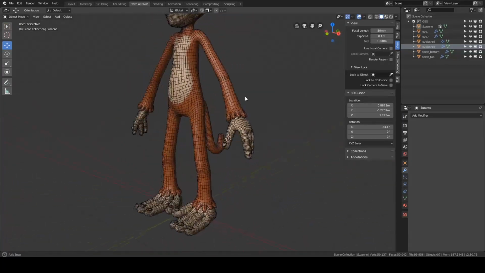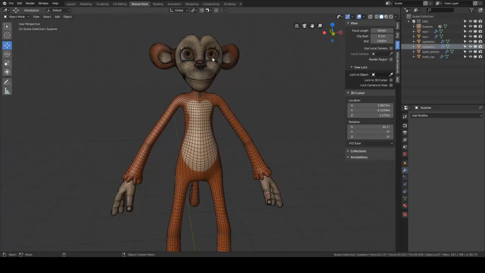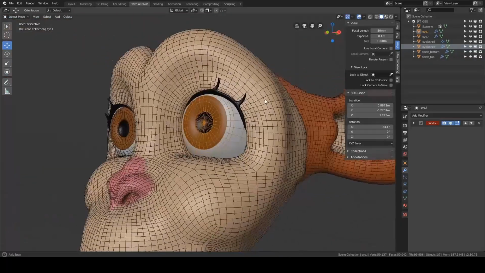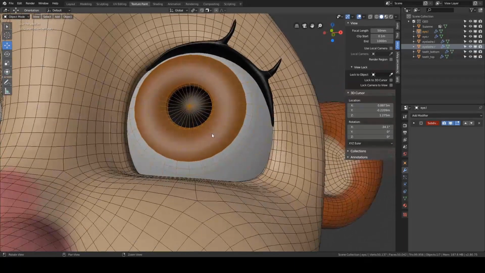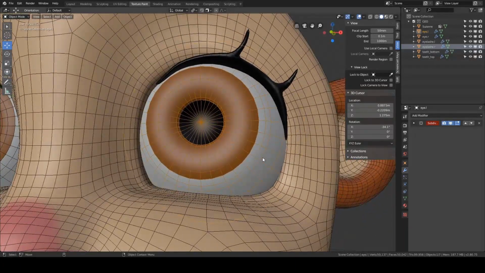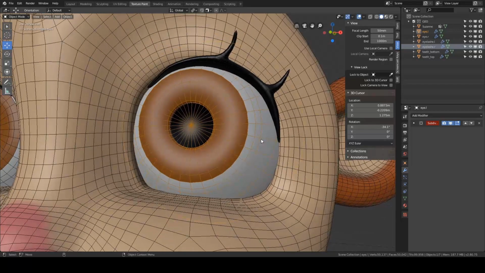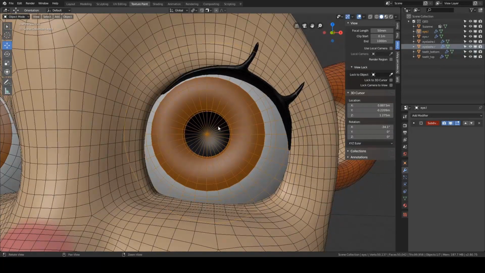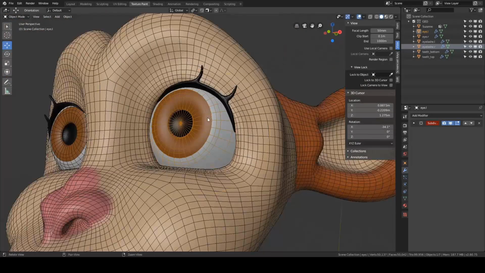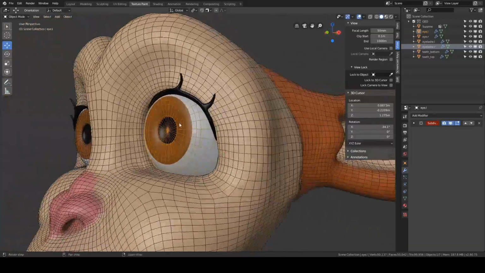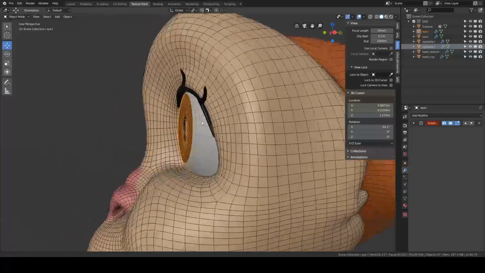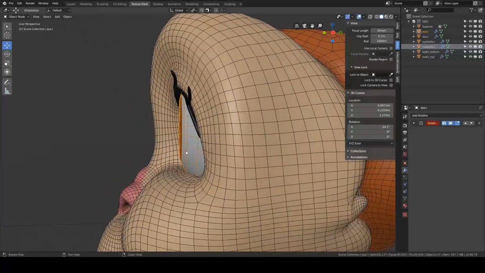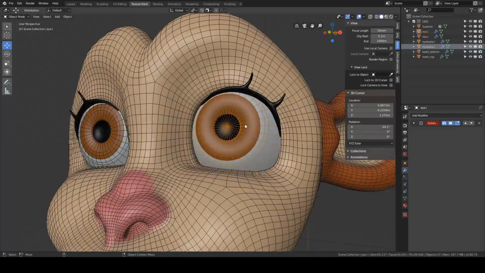One final thing that I would like to do is just a little bit more work on the eyes. So the eyes themselves are okay. We've got the white of the eye, the sclera, I believe it's pronounced. We've got the iris and the pupil, and I'm fairly happy with that in and of itself. What we're missing from these eyes at the moment is what's known as the cornea, or the lens of the eye,